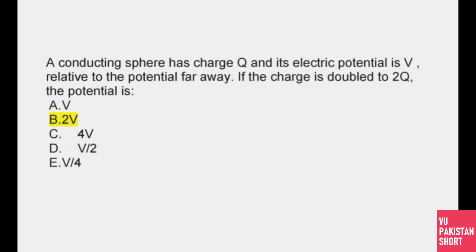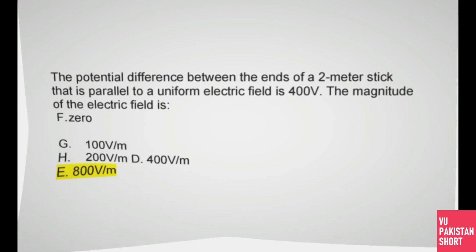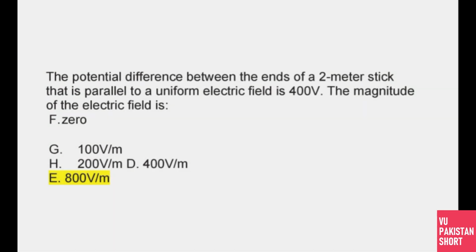अब a conducting sphere has charge Q and its electrical potential is V relative to the potential far away. If the charge is doubled to 2Q, तो कितना होगा, वो 2 वोल्टेज, यानी कि मतलब डबल करेंगे तो वोल्टेज भी दुगना हो जाएगा. A potential difference of 400 volt between the ends of a 2 meter stick that is parallel to a uniform electric field, the magnitude of the electric field कितना होगा, वो होगा 800 volt/m के बराबर होगा।